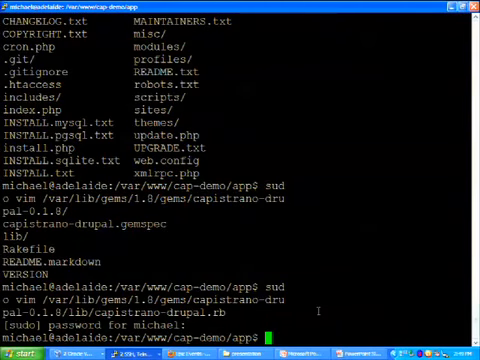I think if I had my time back, I'd probably head towards one of those Python alternatives rather than Capistrano, but